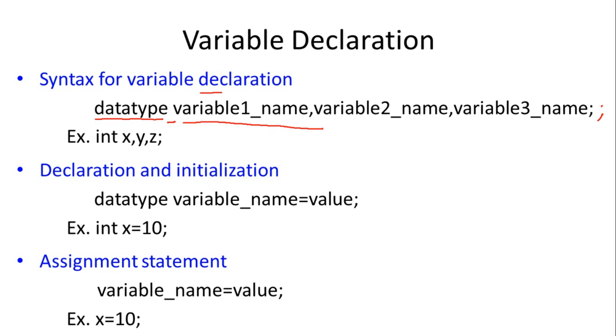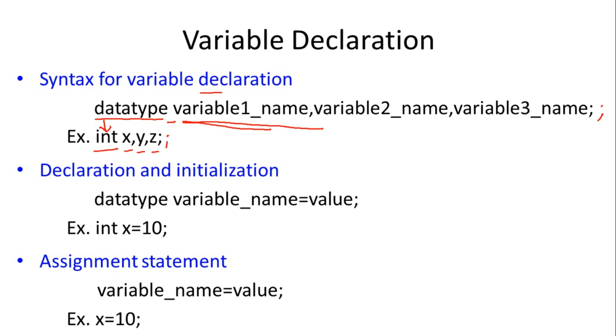For example, in our program we want to use 3 variables with names x, y and z, and the values that we are going to store in x, y and z are of type integer. For storing integer values, the data type used is denoted by the keyword int. So the data type will be int. Then the list of variables: the first variable name is x, the second is y, and the third is z. So our list of variables is completed, so we end that statement with a semicolon. So this is the syntax for variable declaration.